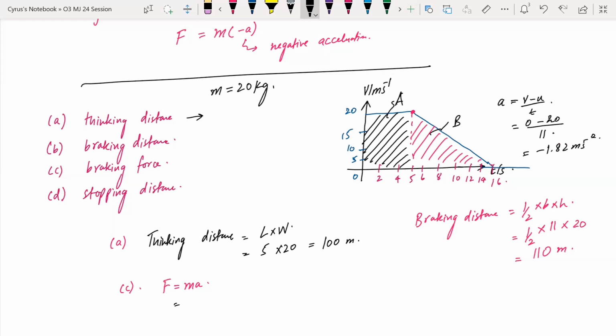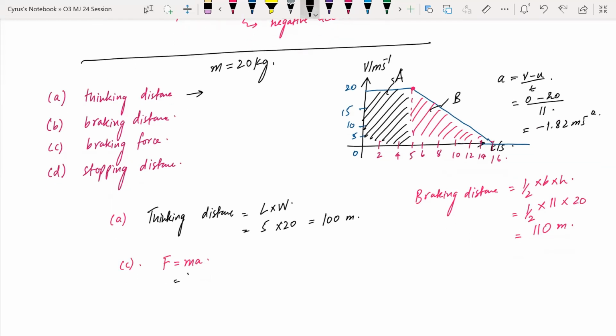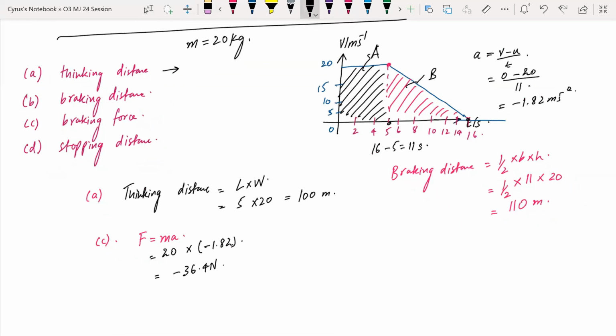So now the braking force: mass is 20 and the acceleration is -1.82. Answer is -36.4 Newton. आपने 11 क्यों लिया टाइम? 5 से लेके 16 तक गया ना, तो 16 minus 5 is precisely 11. So force आपके पास -36.4 न्यूटन आ जाएगी, और जब आप लिखेंगे ब्रेकिंग फोर्स, you write it as 36.4 न्यूटन।